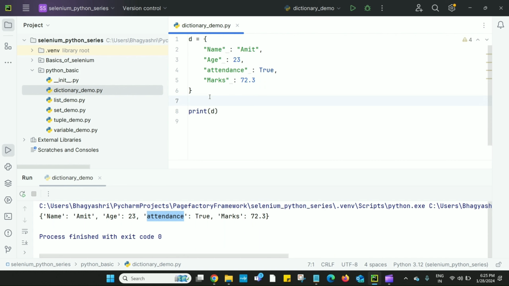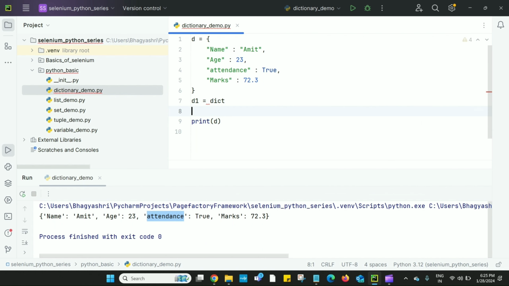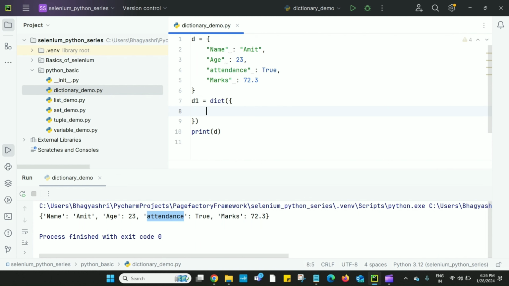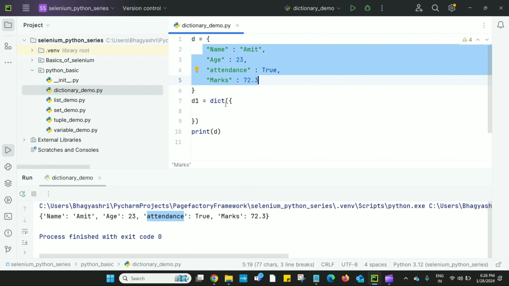Another way is by using the constructor dict. We can declare d1 is equal to dict, and inside this round bracket we use curly brackets and define the key value pairs.